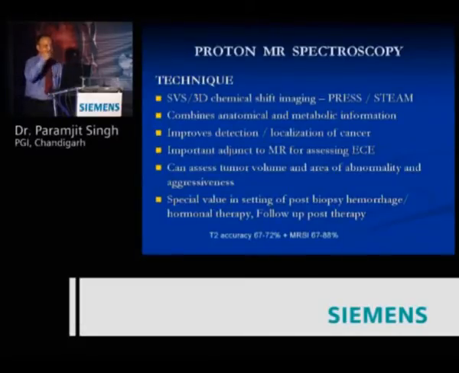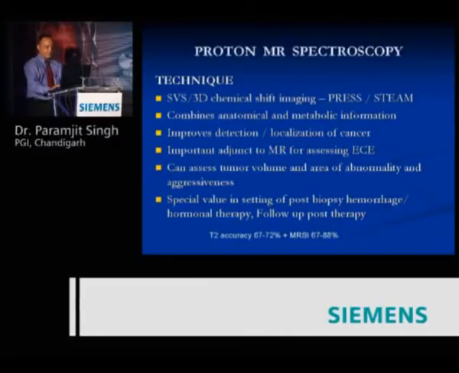So the other way, since I had a 3 Tesla which did not have spectroscopy which was really standardized at that time, I depended mostly on dynamic contrast and diffusion weighted imaging. Proton spectroscopy became feasible on my system after VB17 software was established, that is a Siemens product, and now I have started doing it, but my experience in spectroscopy of prostate right now is limited. Of course, this is another important aspect which should be used as a multiparametric method in every prostate cancer patient, where it will combine anatomical and metabolic information.